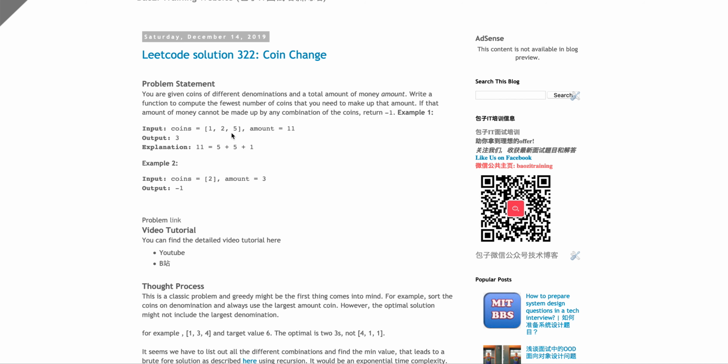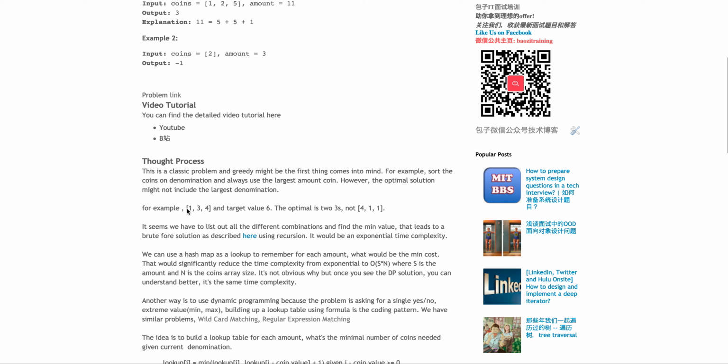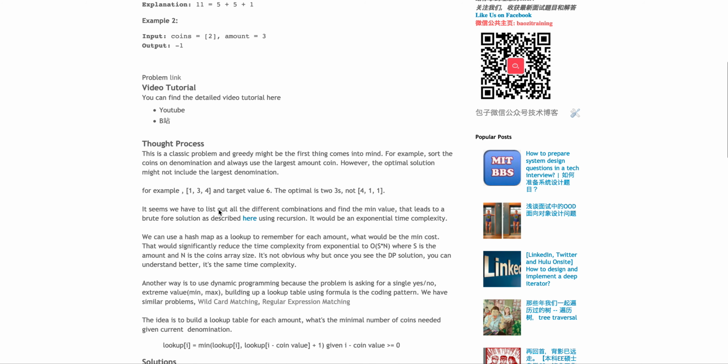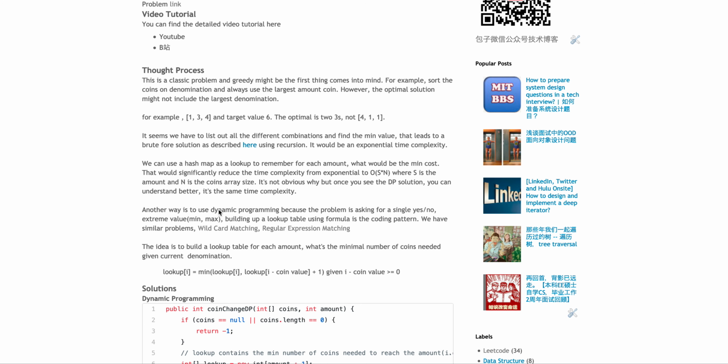So basically I was trying to give a 5 and a 5, and then now it's 1, and then I'll see 1. So essentially my hypothesis, the greedy algorithm, is that the largest coin value should appear in the final solution, which is not really the case. For example, if you have 1, 3, 4 and the target value is 6, based on what I said, I'm always trying to fit in the largest number, which is 4. Now I have 2 left, and then you'll see 1, 1, so you will think the answer is 3 coins, but that's actually not optimal, because the optimal solution is 3 and 3, which doesn't contain the largest value. So the greedy algorithm doesn't work, but that leads us to a brute force solution,